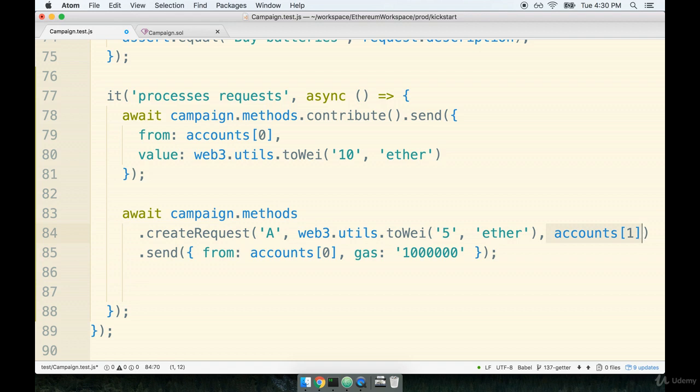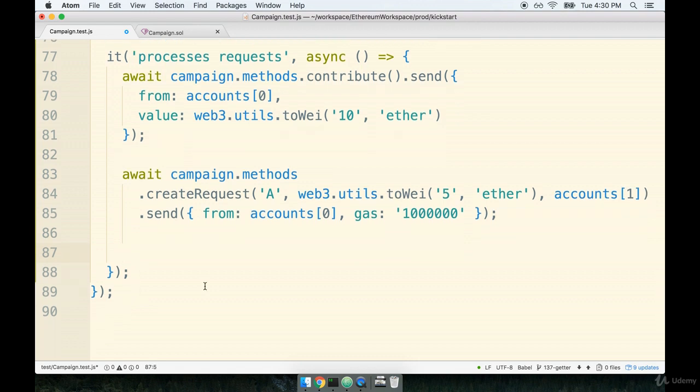Before we can attempt to approve or finalize this request and make the actual assertion, we have to remember to actually vote on this thing. So we have to attempt to call our campaign's approveRequest method and attempt to actually say, yep, this looks good to me. It can be sent. It can be finalized. Go for it. So before we attempt to finalize it, we have to vote on it. We'll say await